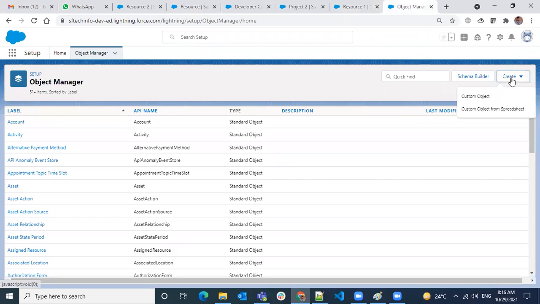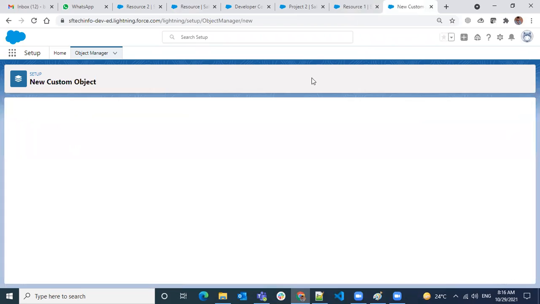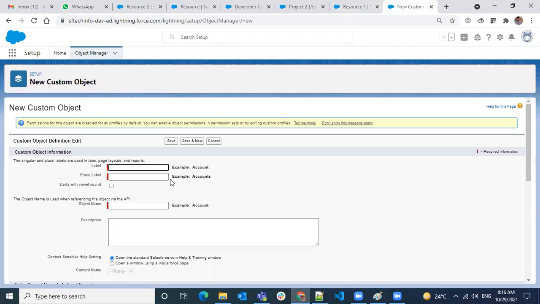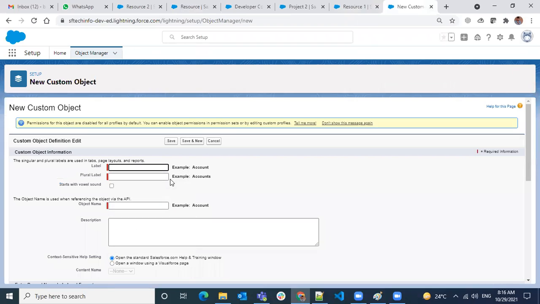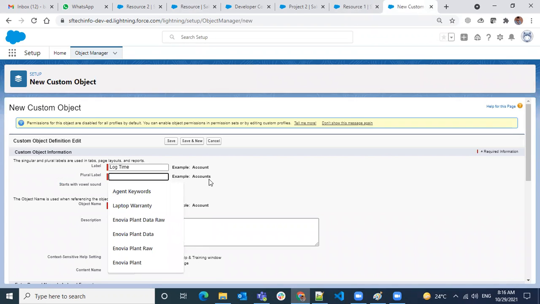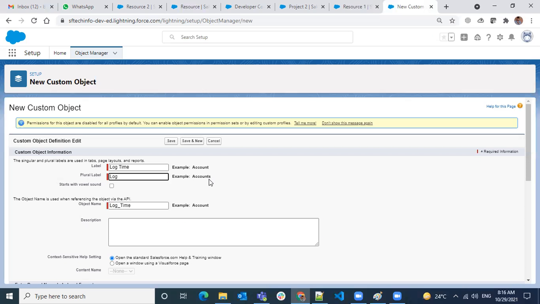Let's say a log time object. Maybe the resource has to log the time, right? I'm saying time logs.